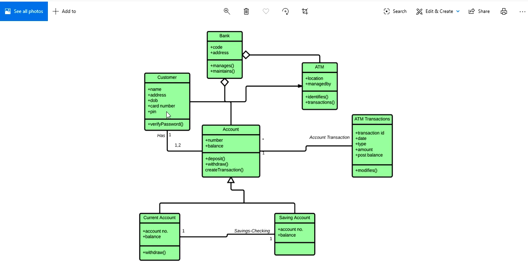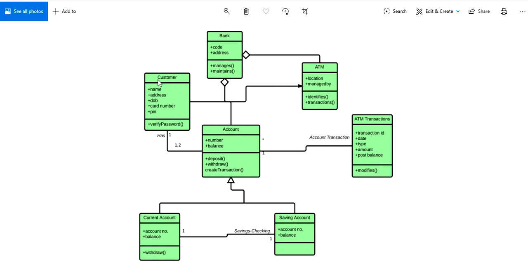There are three layers of a class. The first layer represents the name of the class. The second layer represents the variables of the class, and the last layer represents methods or activities, or we can say features of the class. These variables and methods are known as member attributes, or we can say variables, attributes, features. This line represents association, that means relationship between classes.